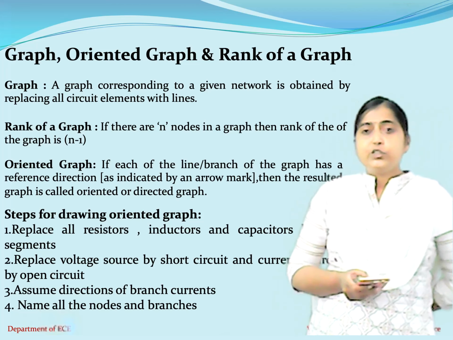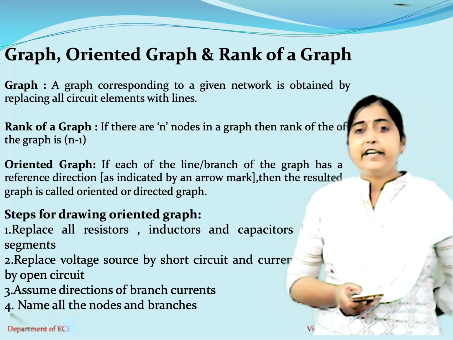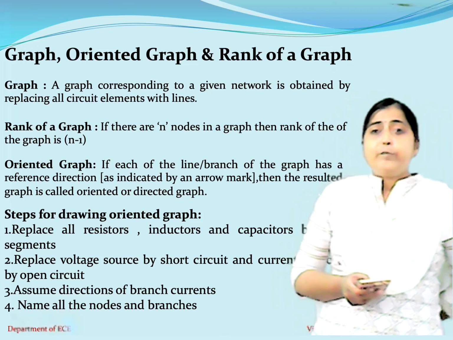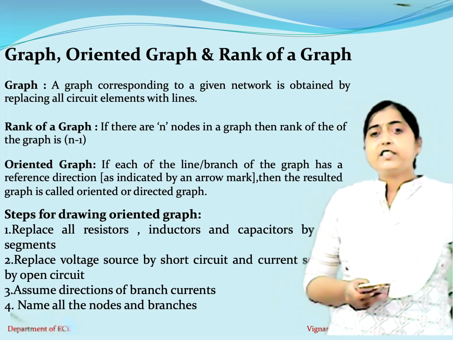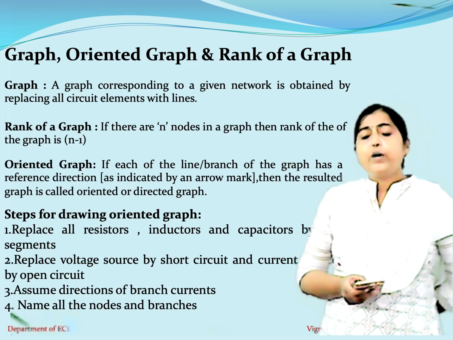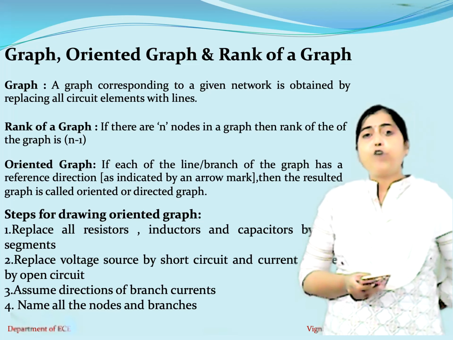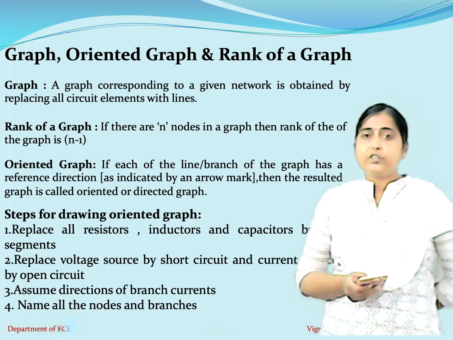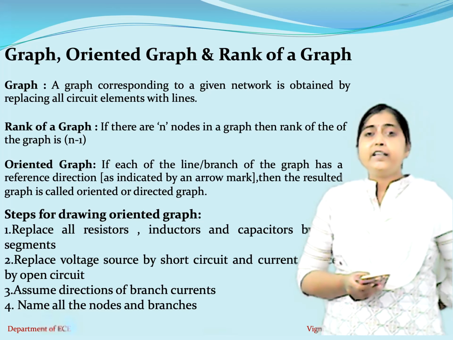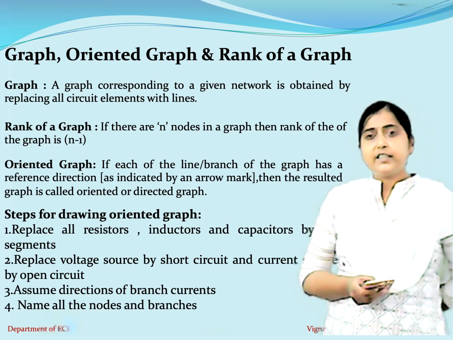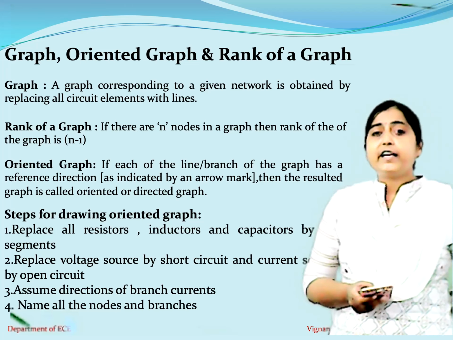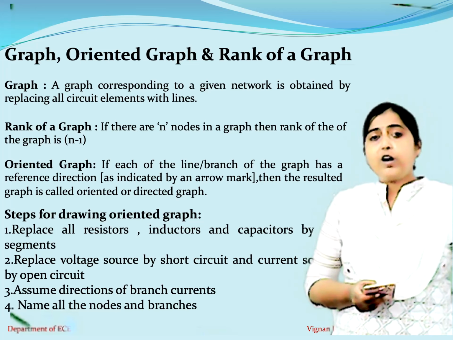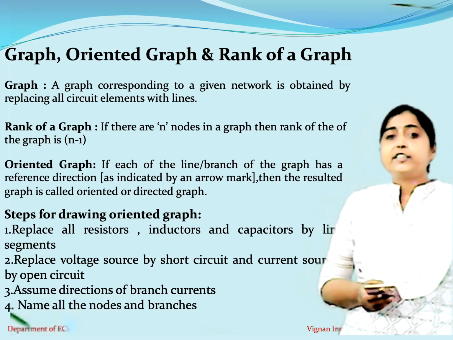What is the difference? Normally, when solving a network, the first step, depending upon the given network and the number of voltage sources and current sources, is to assume the direction of all the branch currents in the network. When you identify and indicate the branch currents, you replace all the branches showing the direction of the currents flowing through the circuit. Then you draw a graph. Such a graph we call an oriented graph.